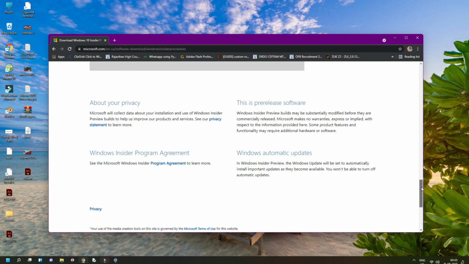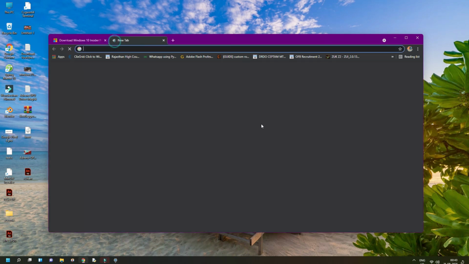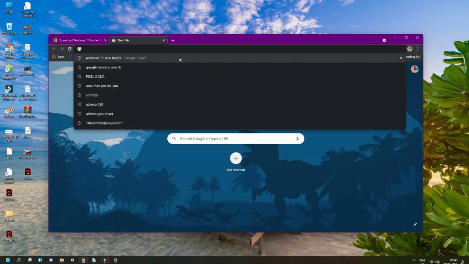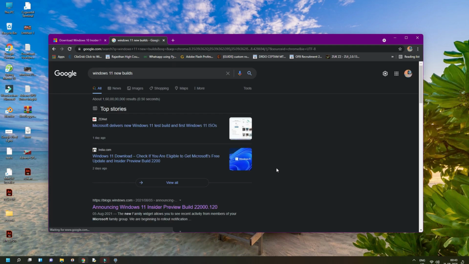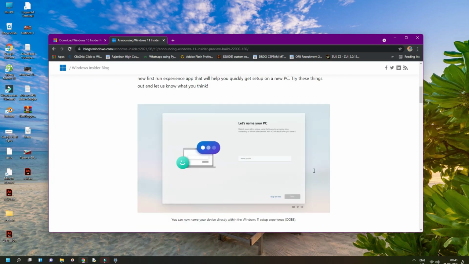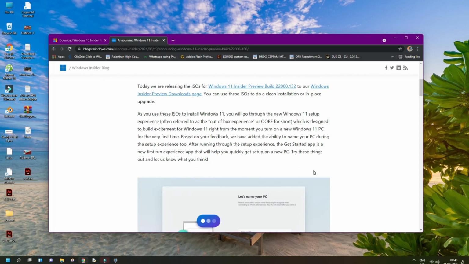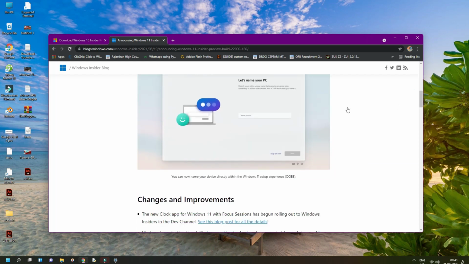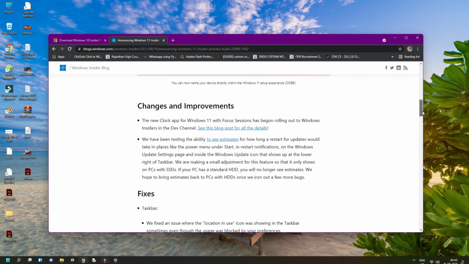Now we shall talk about the new quick features of this Windows 11 build. We can see that this is the ISO build, and this time we have an option to add our PC name when you install this ISO build. Then we have a clock app.